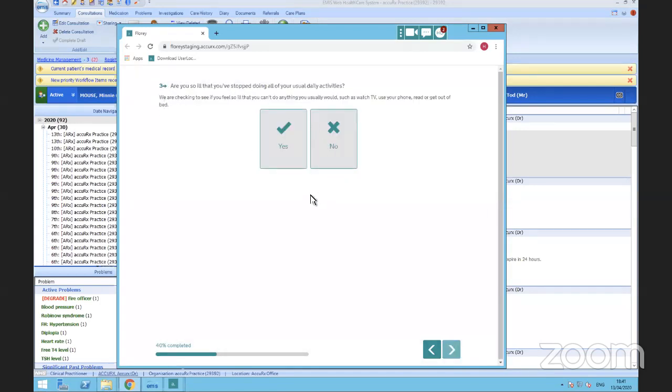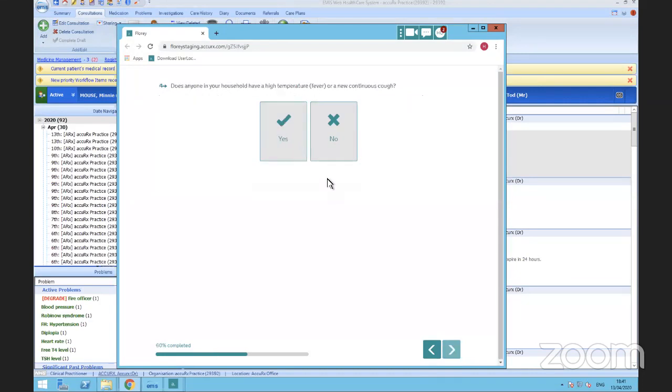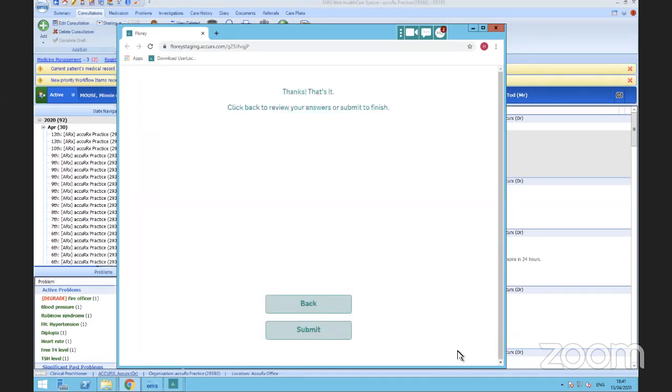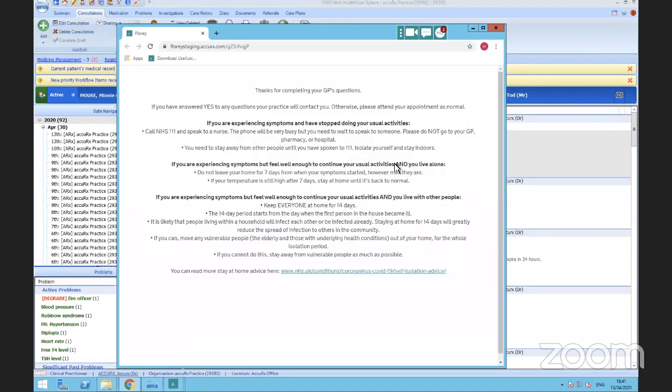Are you so ill that you've stopped doing your usual activities? Yes or no. Does anyone in your household have a high temperature or continuous cough? That's talking about exposure. Have you travelled outside the UK? This one we will be removing, given that it's not really relevant to the NHS 111 advice anymore. And our clinical team is updating any of the other questions, so that should be coming out next week. And then if you submit that, there's a warning displayed